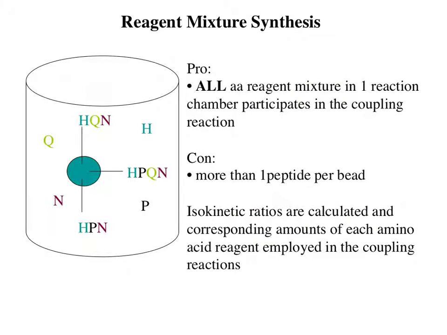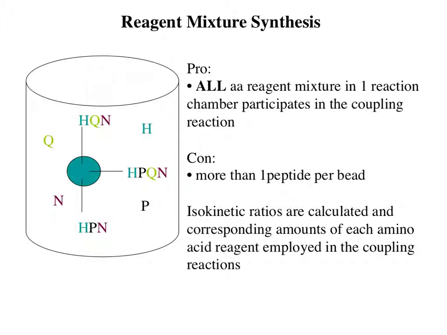In reagent mixture synthesis, you take all your amino acids and add them in one reaction chamber vessel and allow them to react based on their isokinetic ratio so that a particular sequence is generated. The advantage of this is that you can just add all of your amino acids in a single reaction vessel with the aim of generating a peptide sequence,